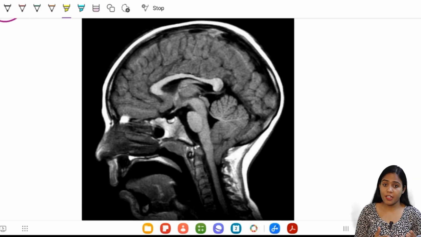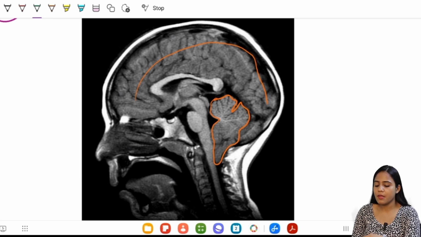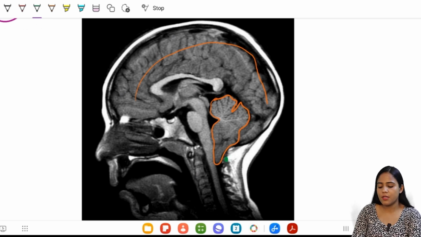Let's focus on the image. What can we see here? This is the cerebrum and this is the cerebellum. Have you seen something? What is this point known as and what is this point known as? So this entire bone that you see here, this bone and this bone, this is the occiput, and this opening